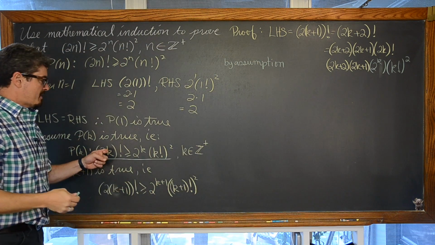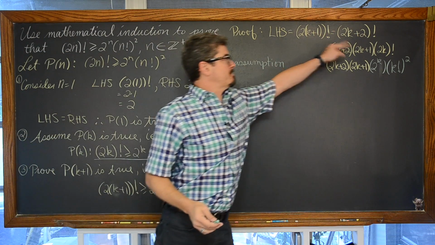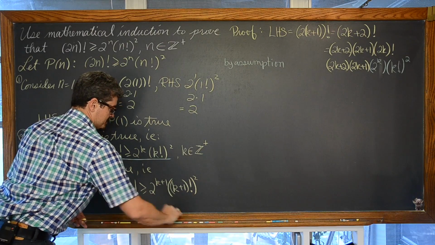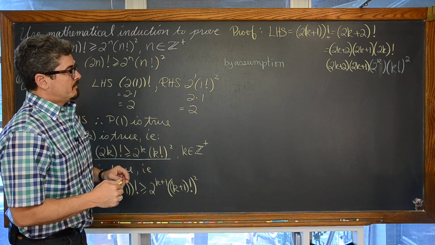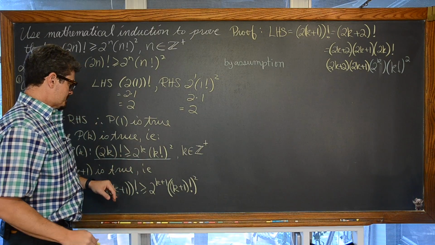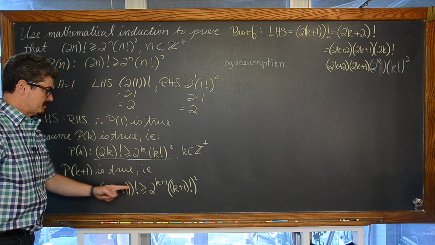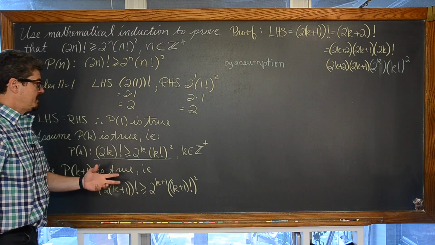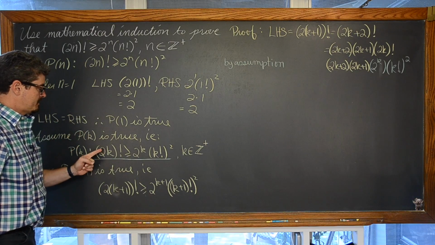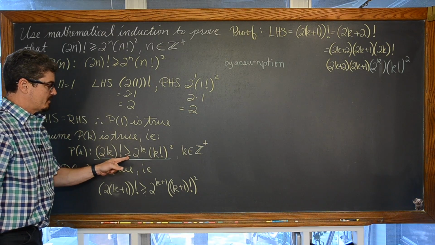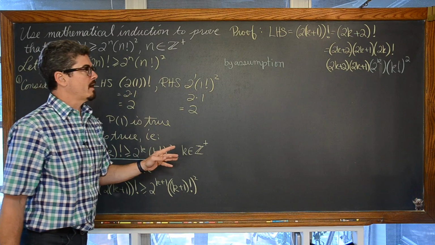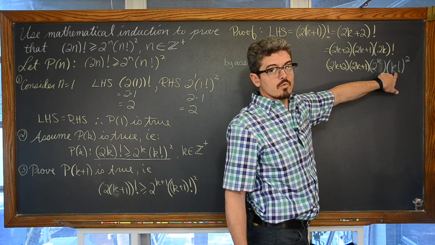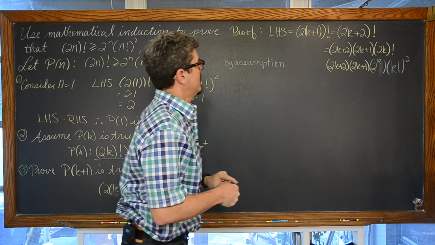I've brought in some of my assumed-to-be-true information into my proof, and we're trying to get this right-hand side to show up since we started on the left. And it's also allowing us to, we're not trying to prove that this expression is equal to this expression. We're trying to prove that it's greater than or equal to. Well, our assumption is, since it worked for when n equals 1, that 2k factorial is greater than or equal to 2k times k factorial squared. So this is assumed to be greater than what I've written here in green. Hopefully the difference between the yellow and the green is showing up. So I'm going to reiterate this.